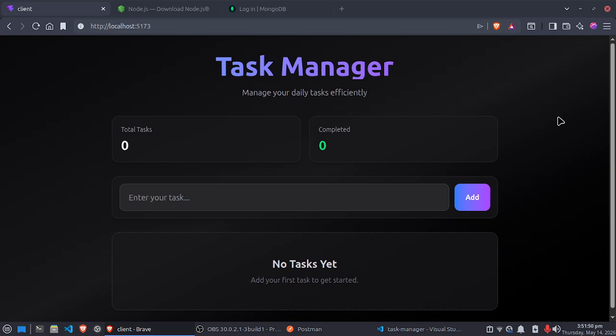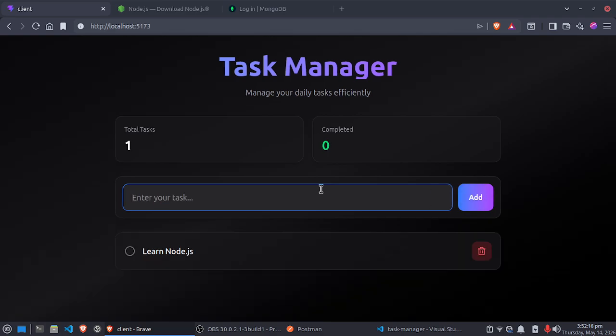Now, before we start writing any code, let me first show you what we are going to build. So this is the task manager application we are building. You can see here there are two cards. The first one is the total tasks, and one shows the completed tasks. I will add a task here. Let's say learn Node.js, and just press enter, and you can see here the task is added